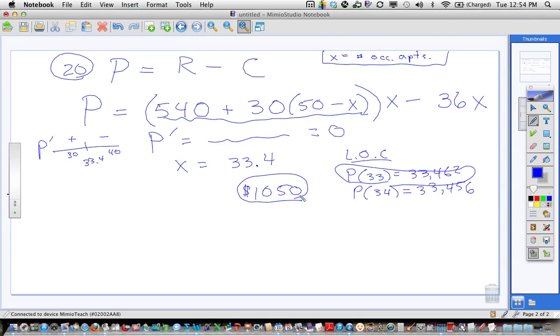That every time you go up $30, one will become unoccupied. Okay? All right. So that was one way to do it. So if we talk about what Natalie was just saying here, another way to address this would have been to